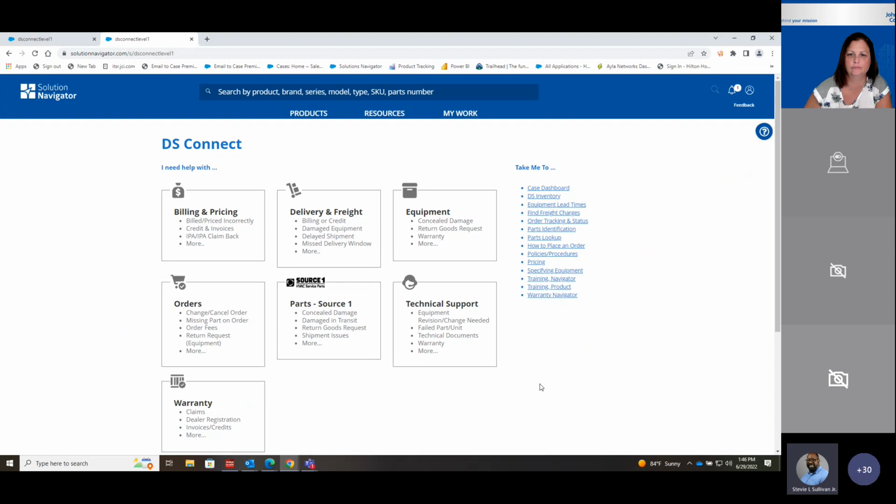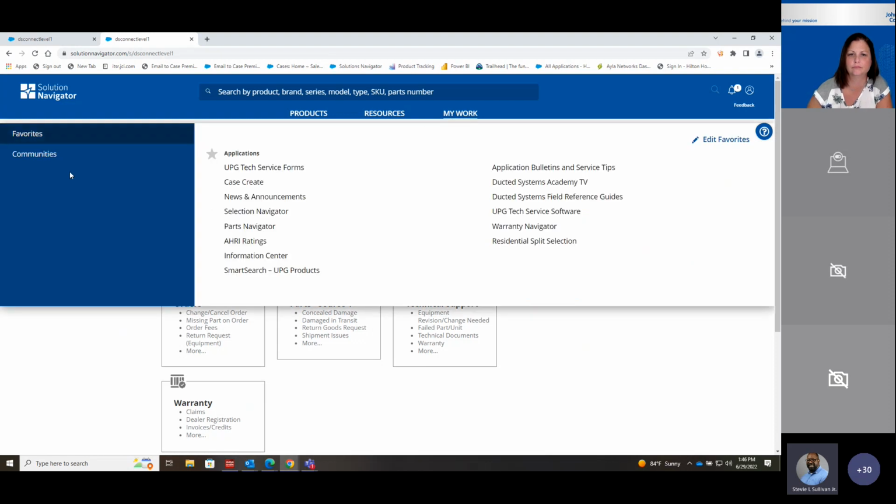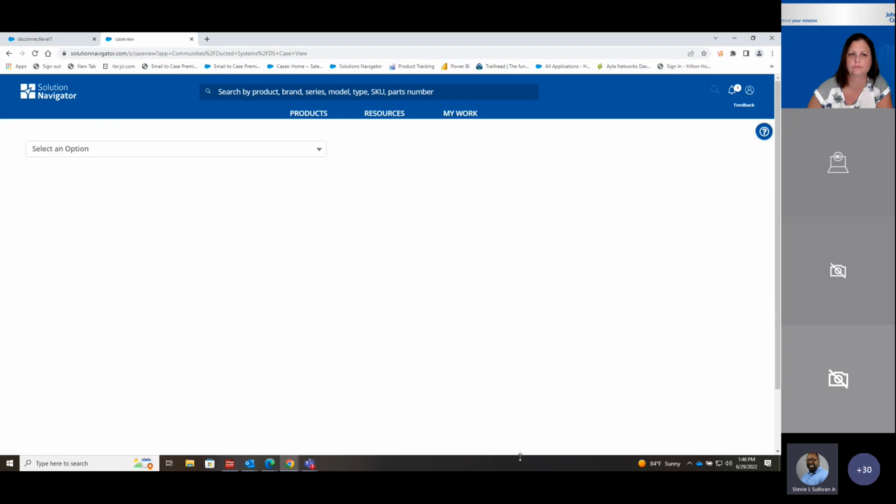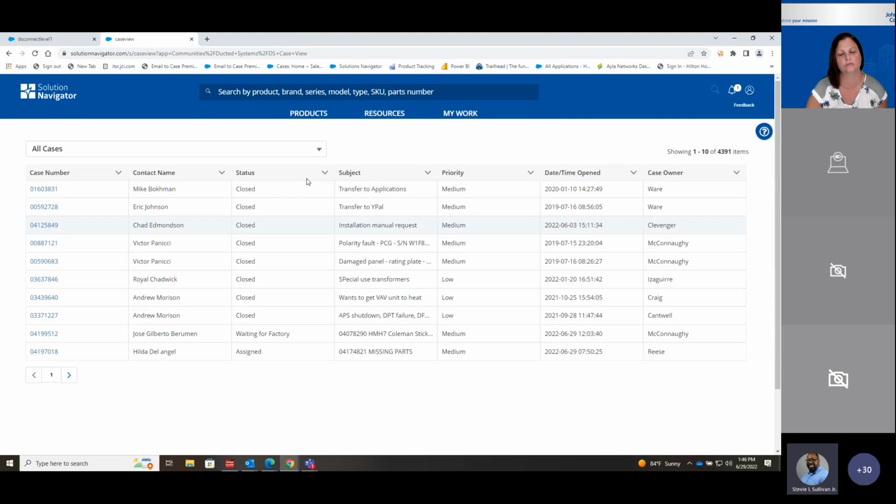So let me talk about the other tool that's under here that you will see, which is DS Case View. Emily, you probably remember this more than anybody. Maybe Randy or Tony may know this. So you remember when we created, in the old UPG instance,